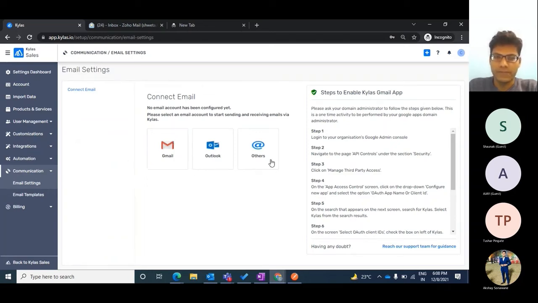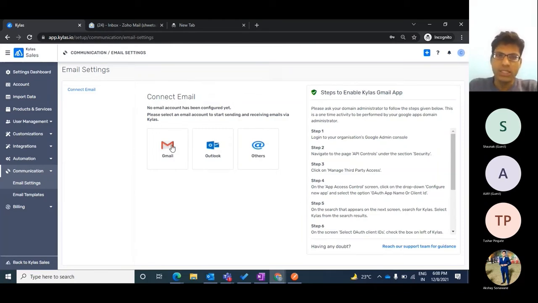Okay, when I click on this email settings, I am presented with this particular screen where I am able to see three options. These three options are nothing but different email service providers. So first is very much familiar to us, which is Gmail. We can connect our Gmail account with Kailash. We can connect our Outlook account with Kailash, and also if we are using any other service provider, for example Zoho emails or GoDaddy emails, whichever email service provider we are using other than Gmail or Outlook, we can connect it with the help of SMTP and IMAP. So I'll show you each email connection in today's webinar.